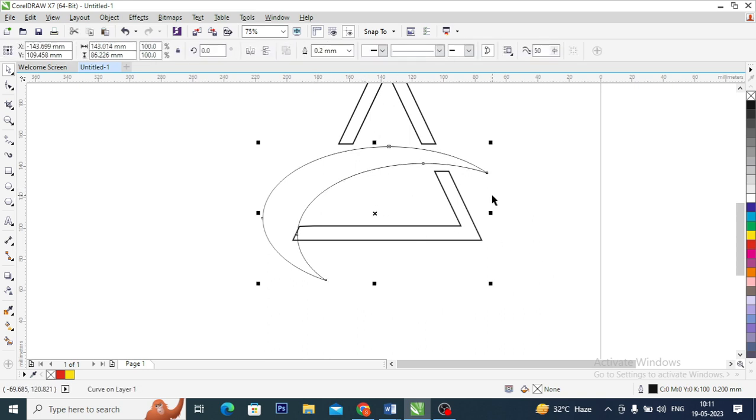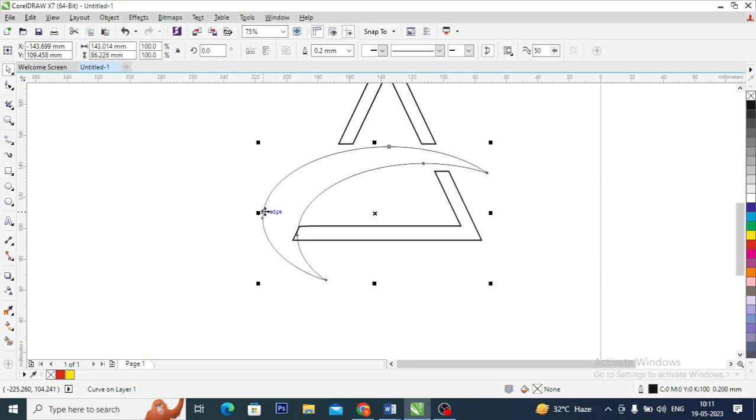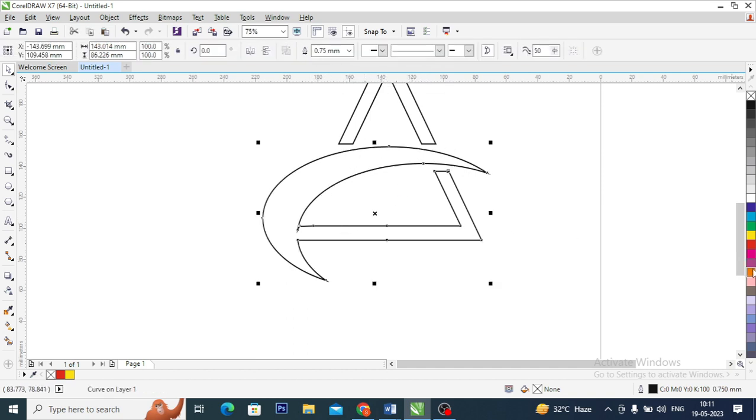Now my job is, in this logo it is merged with this. So this object, shift key, and this object, now this object I will weld. Now you can see it becomes one. Here I will put the color this,